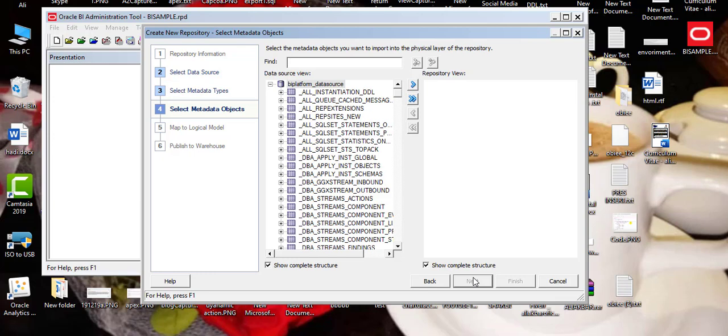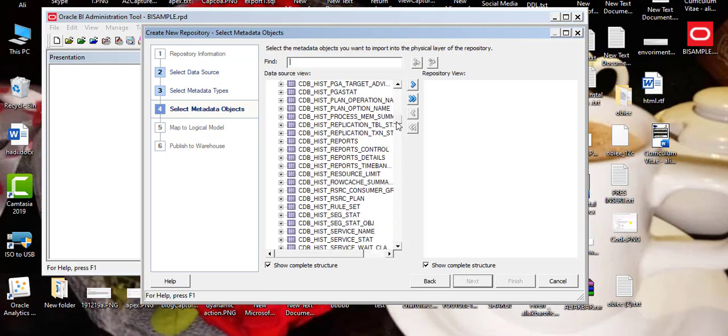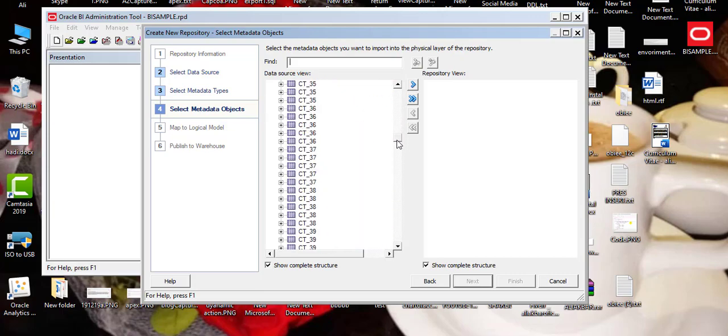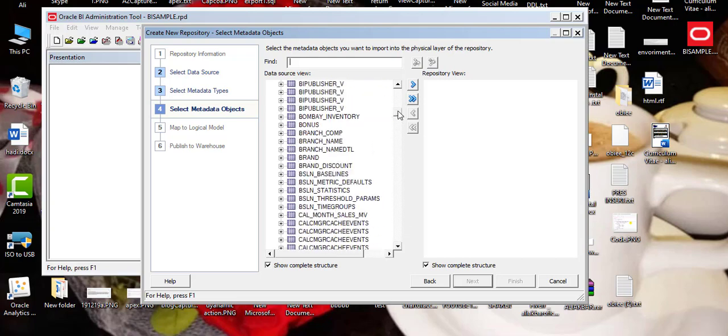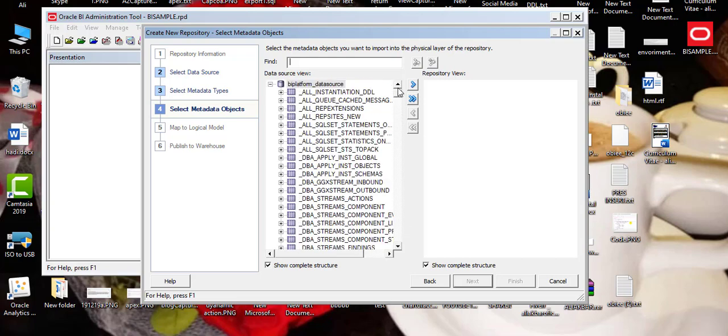In the left side data source view, we can see all the objects that we selected with checkboxes showing in this menu.